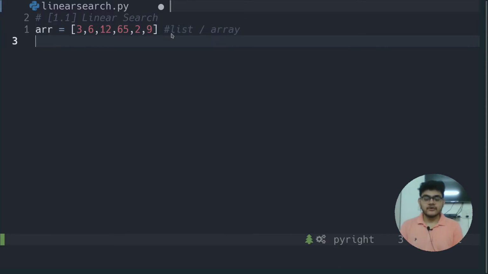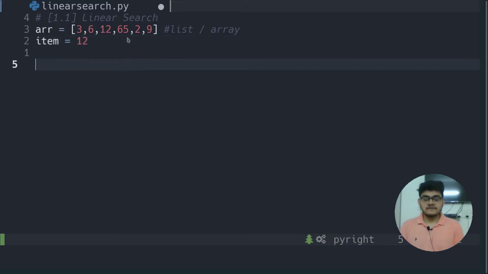And now what we want to do is we are given some element or some item. Let's say we are given item 12, which is there inside of this array. Now what we want to do is perform a search algorithm to find out at which position this element exists inside of our given array, or in some other data structure, let's say a linked list. We will have a similar approach to that, right? So now we have this item 12 and we want to search it inside of this.